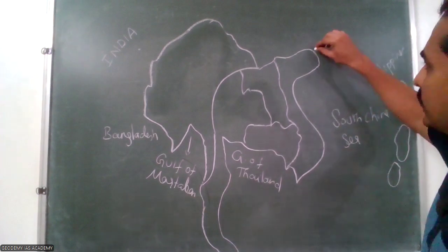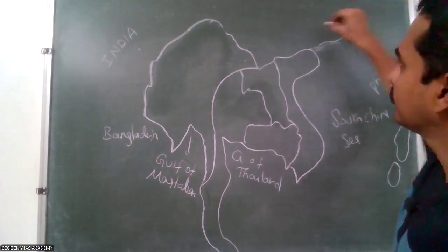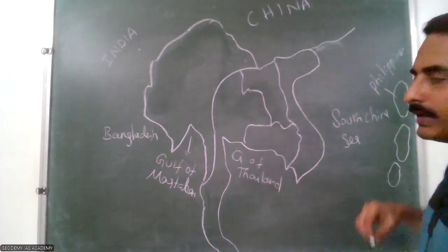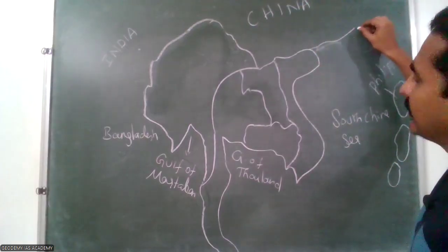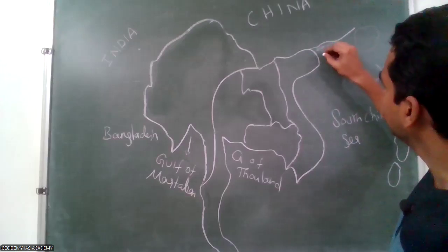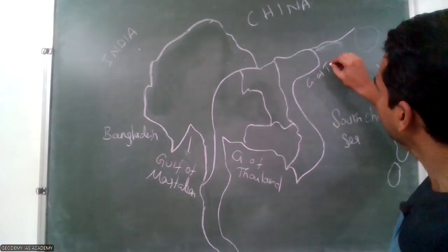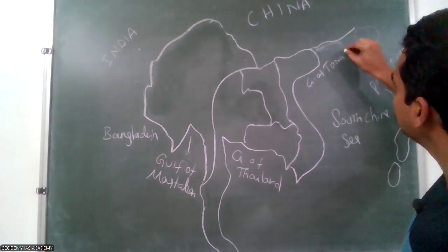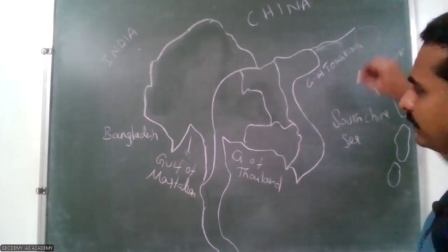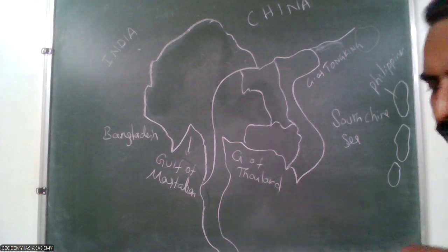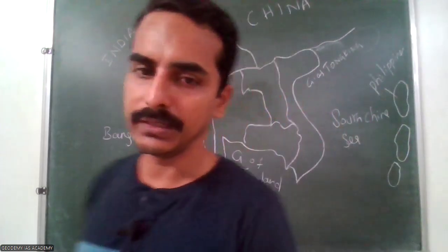Okay. And here the China region, okay, the country China. And here the Hainan island of China is located. And this is a gulf called Gulf of Tonkin. Tonkin, Gulf of Tonkin. Okay. It is located here. Okay. And here, after the south of this region, Indonesia is located. The Indonesian island, Borneo Island, those are.